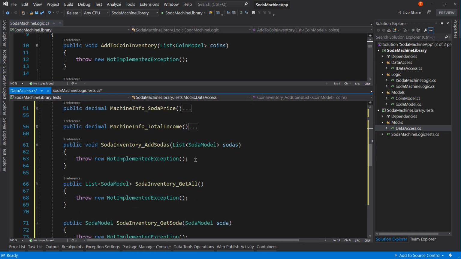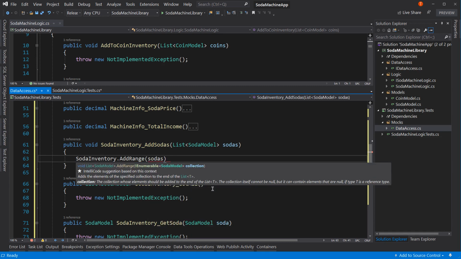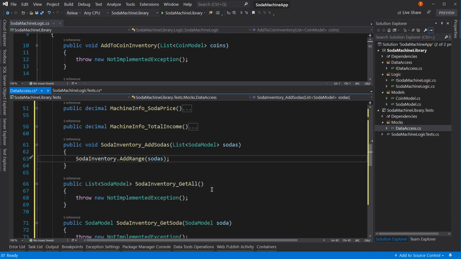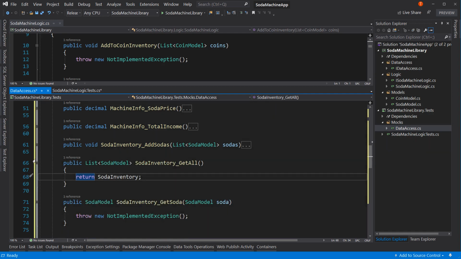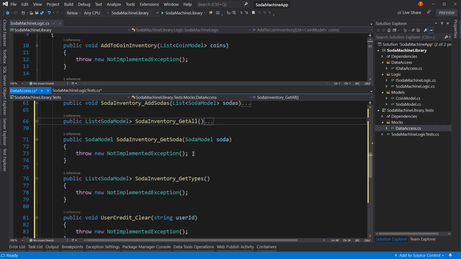Okay, so now soda inventory, we're going to say sodaInventory.AddRange(sodas). That's the add inventory. Get all: return soda inventory. All right, notice I collapse these after I'm done with them. That way I know that I'm done with them. Get soda